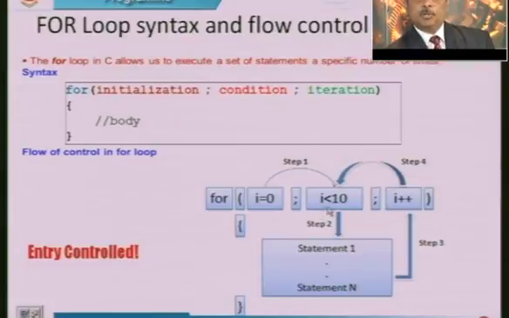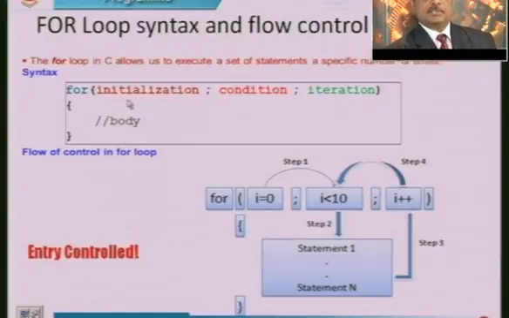Remember, in a for loop, you are not supposed to update the value of variable I inside the loop. You can use the variable I in any of your statements, but you should not change it. The changing of this variable, any variable that you use for index purposes, should be updated in this portion only. After the increment is over, the control goes back and once again goes to the condition checking. If true, step 2 continues. This is how the for loop executes in the programming statement.